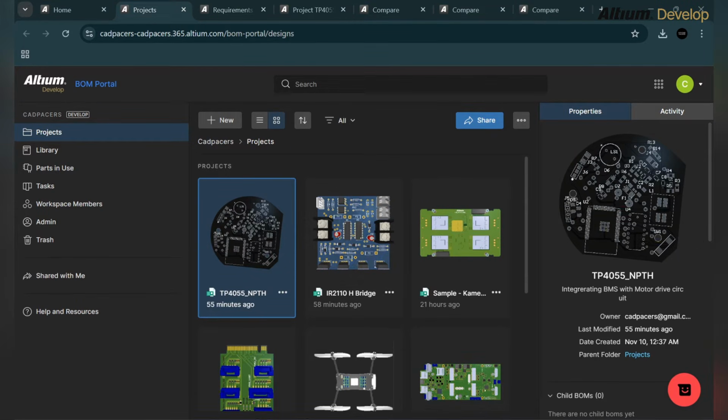So today we will discuss different practices for managing hardware team productivity with Altium Develop. It will focus on practical and repeatable processes. So let's get started. Here we will discuss different shortcuts, tips and tricks for the designer or the teams to